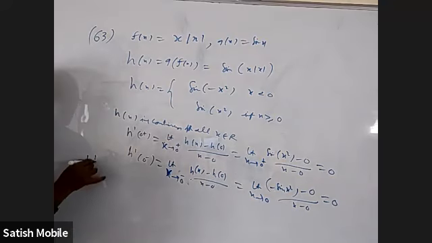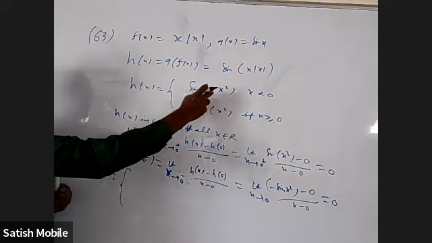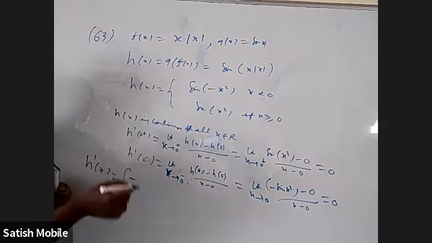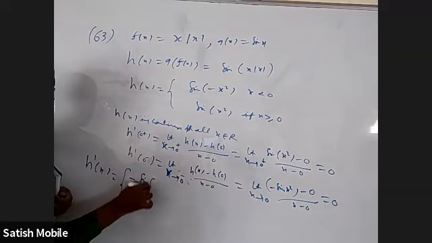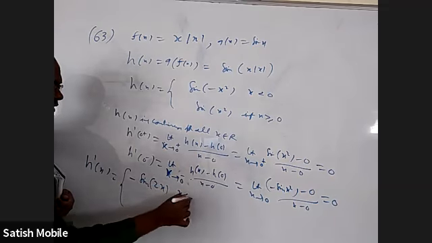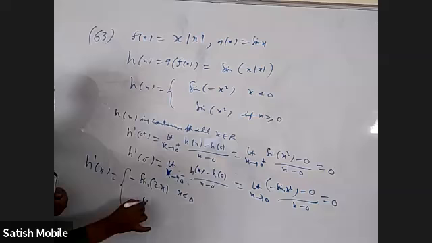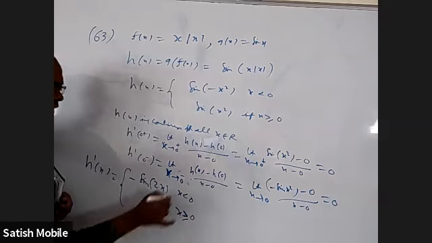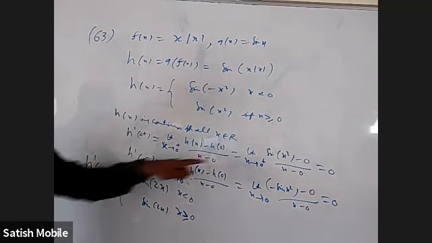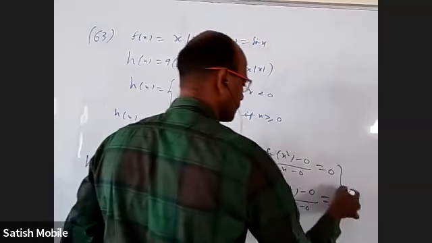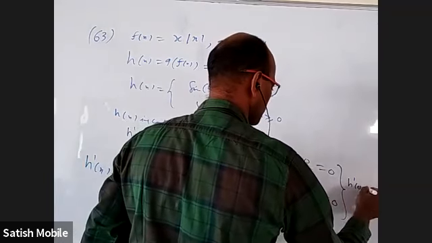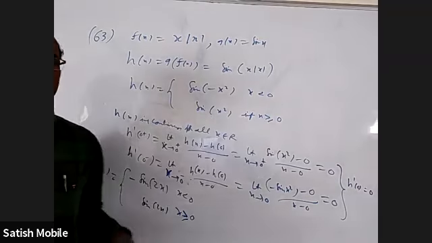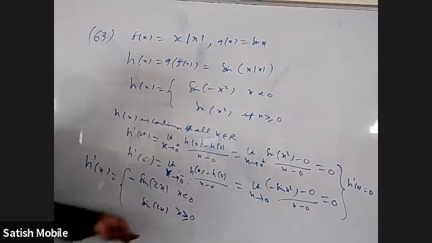So now if somebody wants me h dash x, I can write like this. What is the derivative of this directly? Minus sin x square derivative is 2 sin x cos x, which is sin 2x. This is when x less than 0. Derivative of this is plus sin 2x. That is actually x greater than 0, but equal to 0 you can write anywhere because I already proved h dash 0 is 0 here. It is not that for h dash 0 I'll simply differentiate this and put 0 because equality is there. I find left hand derivative and right hand derivative. Okay, so because of that.